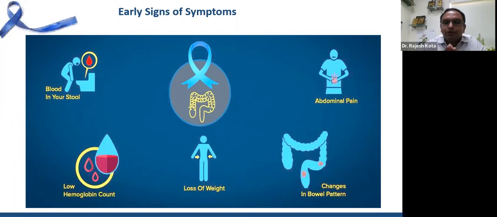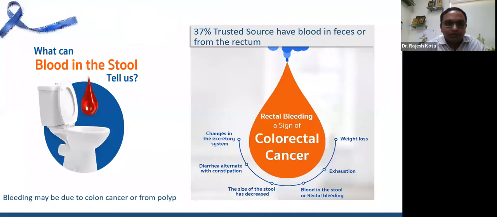Again, I want to reiterate that all these symptoms are vague and non-specific. They warrant a checkup by a doctor. So if people having these symptoms go early to a doctor, they'll check appropriately and do proper, relevant investigations. And if at all any disease is diagnosed, not just cancers, any other diseases, ulcers, polyps can be diagnosed. If they are diagnosed early, we can treat early, and life will be comfortable both for the patient and the doctor also.